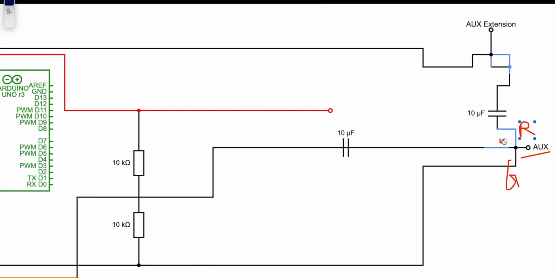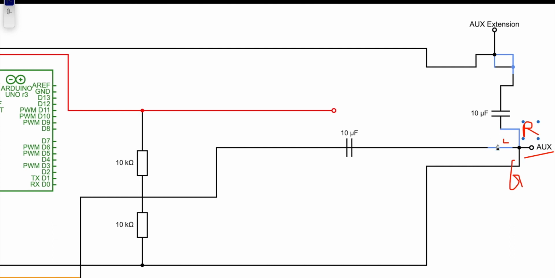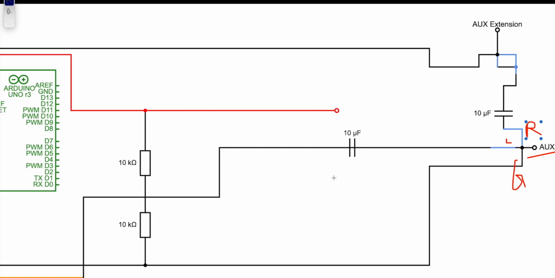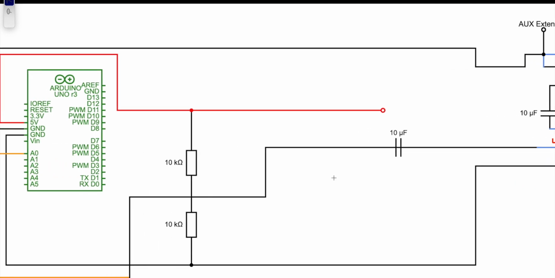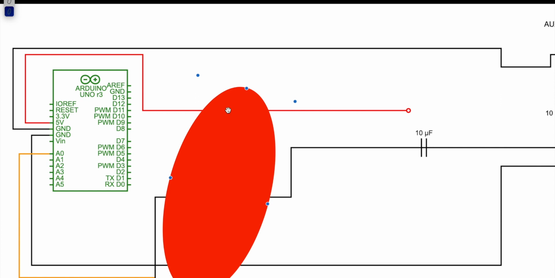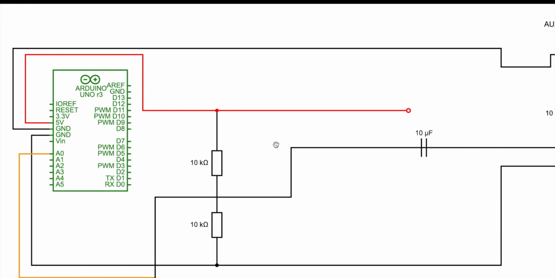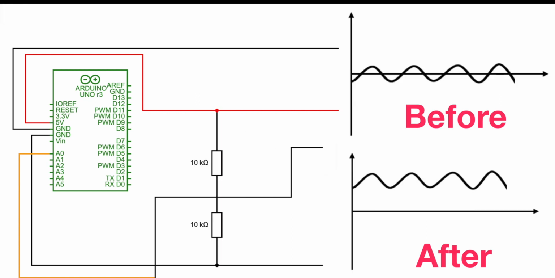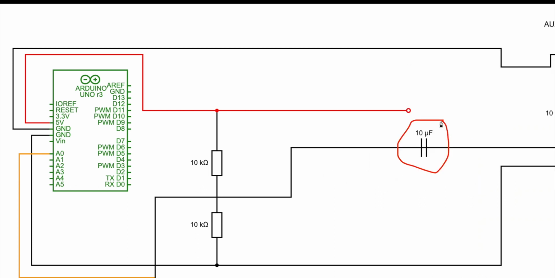So the left signal goes through, first of all, a 10 microfarad capacitor, which will reduce the noise in the circuit. And second, we are going to add two resistors of 10 kilo ohms and 10 kilo ohms, and we are going to pass the analog signal between them. So this circuit here will shift the sine wave up, and this capacitor will limit the current from 12 volts to 5 volts. So the circuit is clear.